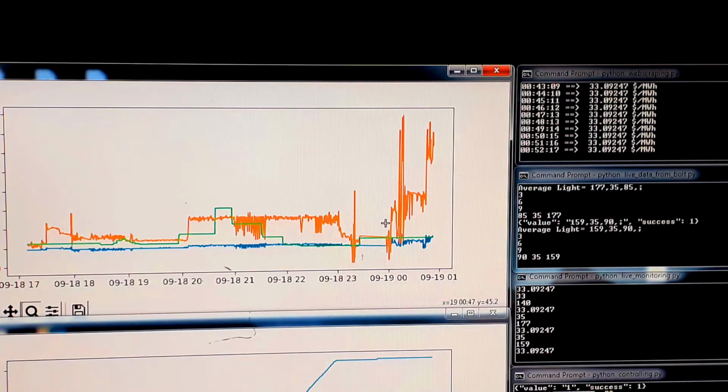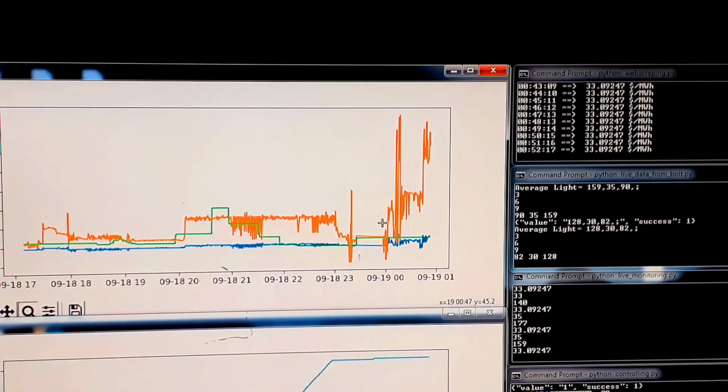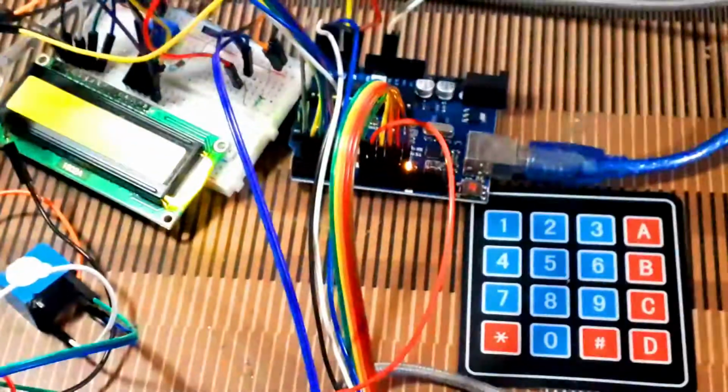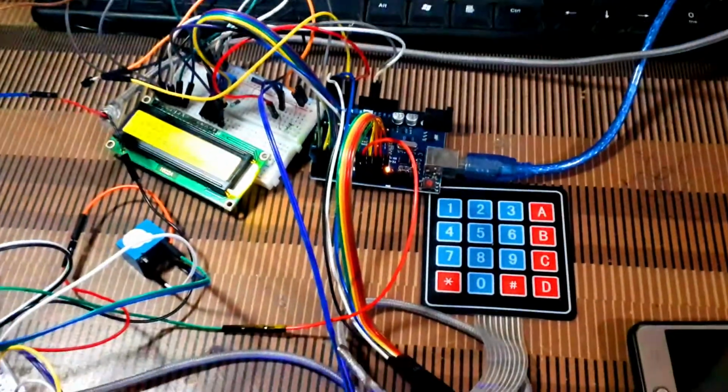Now the next thing is I have all the data. I have the cost, I have the light intensity, I have the temperature value, and I have the sensor values. Now in case I have to actuate the heavy loads, which are the electric vehicle and the water pump, what will happen is